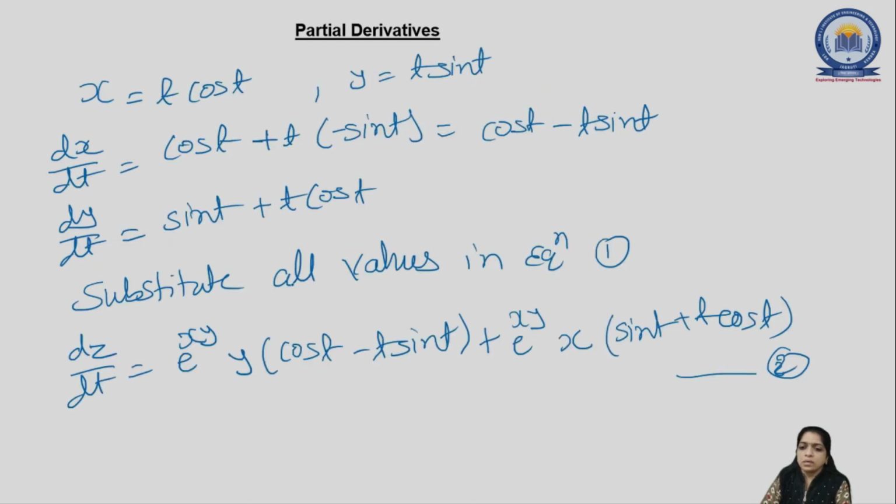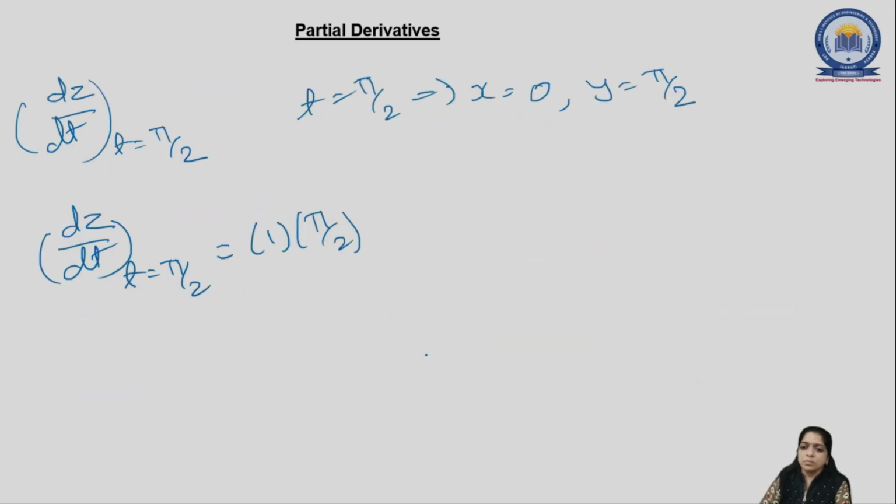The other bracket: cos pi by 2 is always 0, minus t, that is pi by 2, and sin pi by 2 is 1, so 0 minus pi by 2, plus